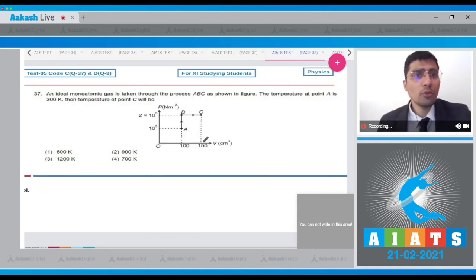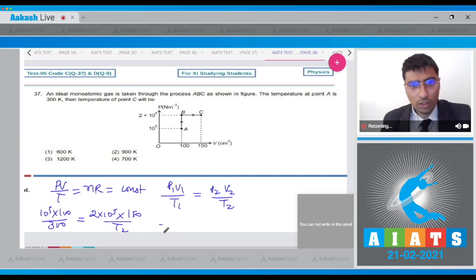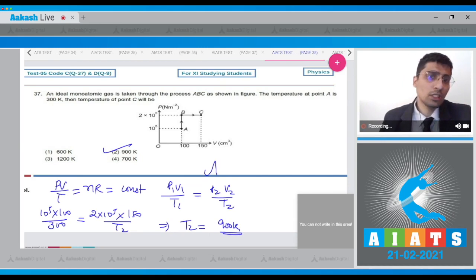Question 37 says an ideal monatomic gas is taken through the process ABC as shown in the figure. The temperature at point A is 300 Kelvin, then the temperature at point C will be. Now dear student, as the number of moles of the gas remains constant, we can write down that PV by T, that is nR, will be a constant. So for both parts, P1 V1 by T1 is equal to P2 V2 by T2. On substituting the values, 10 raised to power 5 into 100 by 300 will be equal to 2 into 10 raised to power 5 into 150 by T2. This means that T2 will be equal to 900 Kelvin,